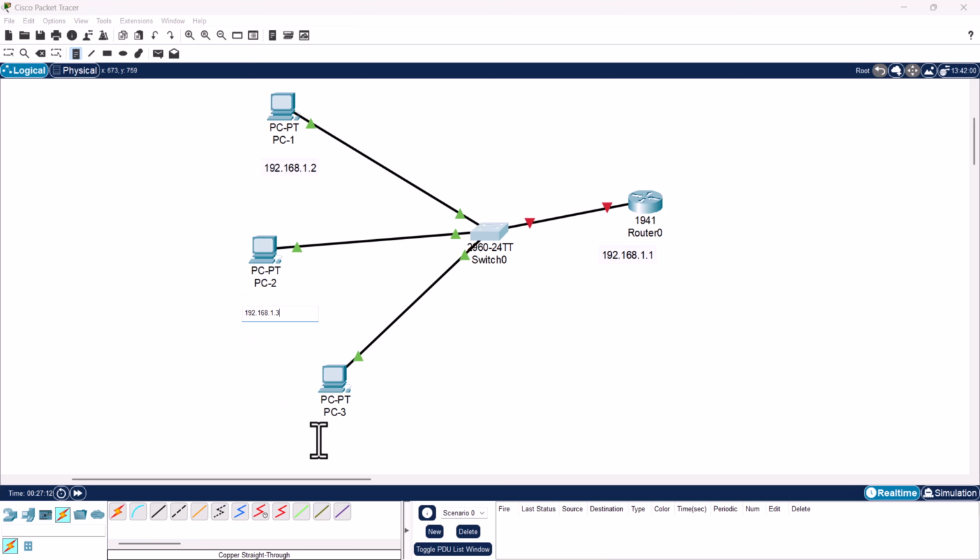192.168.1.3, and under our third PC let's also add a note 192.168.1.4. And as you know, a switch doesn't need any IP addresses, as the main purpose of the switch is to